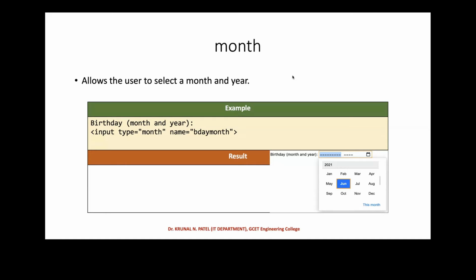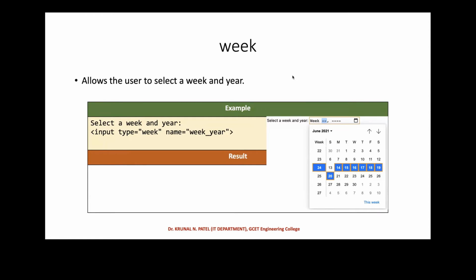Okay, we'll see all these outputs in our practical, but here you can just see what types we are going to use. Here we are going to use a week type, right? Suppose I want to select from a week. Here you can see the particular week is this, and Sunday, Monday, Tuesday up to Saturday, right? According to that you can select it, and you will get the particular week.